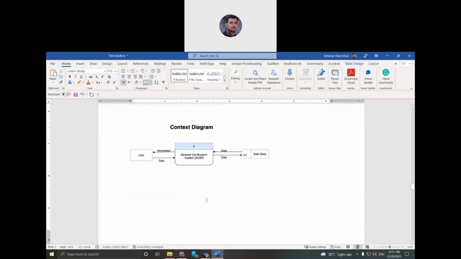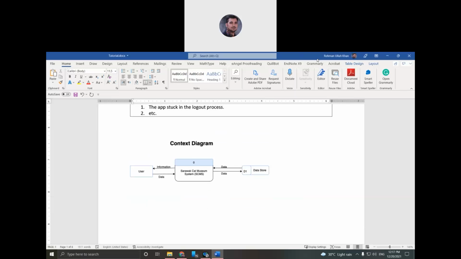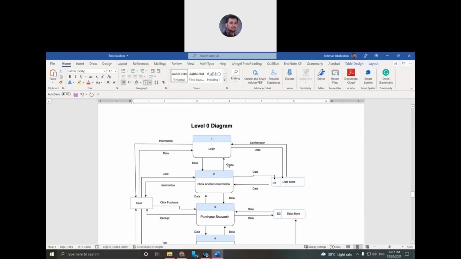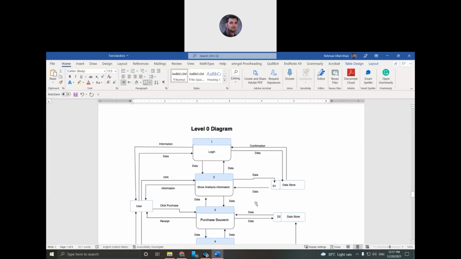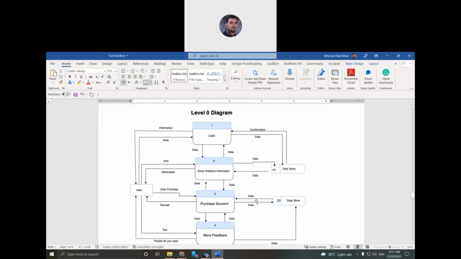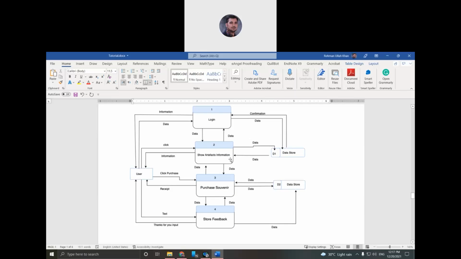These, how many items do you see? 1, 2, 3, 4, 5, 6. These 6 items must be present at level 0. So it can be more but cannot be less than the 6. So if you look here, you can find these 6, but you can even find more than that.